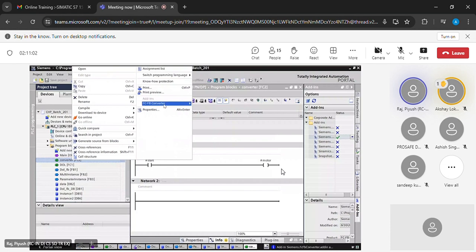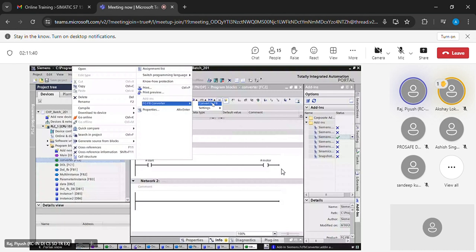So what you want? Convert to FB, and for converting, some settings are also there, like move a static variable FB to FC, right? Where do you want to move the static variable? In out, temp, or remove. Move return value. This will be applicable for FC to FB. Remove corresponding instance, remove supervision. This will be if you are doing ProDiag configuration. Open block in editor. So this minor setting also you can do from here, or if you click on convert to FB,